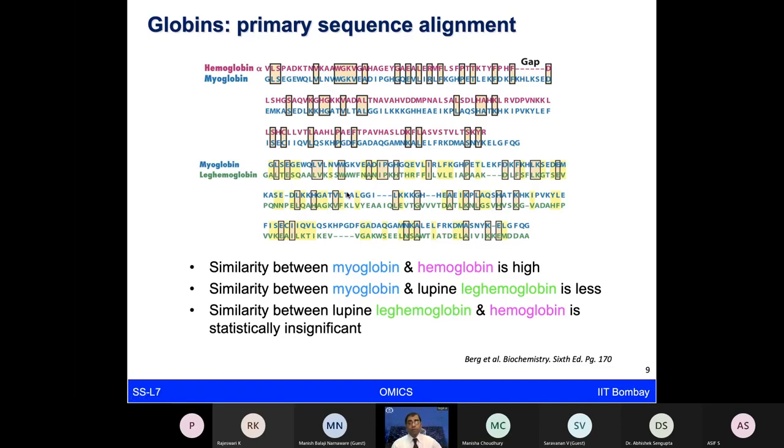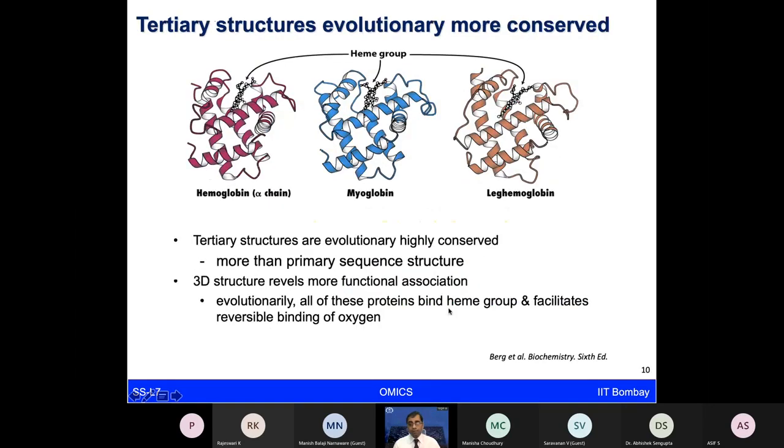But also, when you compare leg hemoglobin and hemoglobin, they have quite few similarities. So they are quite insignificant in terms of their sequences. Again, looking at these, they all belong to the globin family. You can look at the diverse evolutionary nature of the protein, and in different organisms how these sequences are similar or different. But given that they're all the same group of proteins, at the tertiary structural level they are quite similar, despite the fact that at the primary sequence level, the amino acid sequence level, they were quite different.